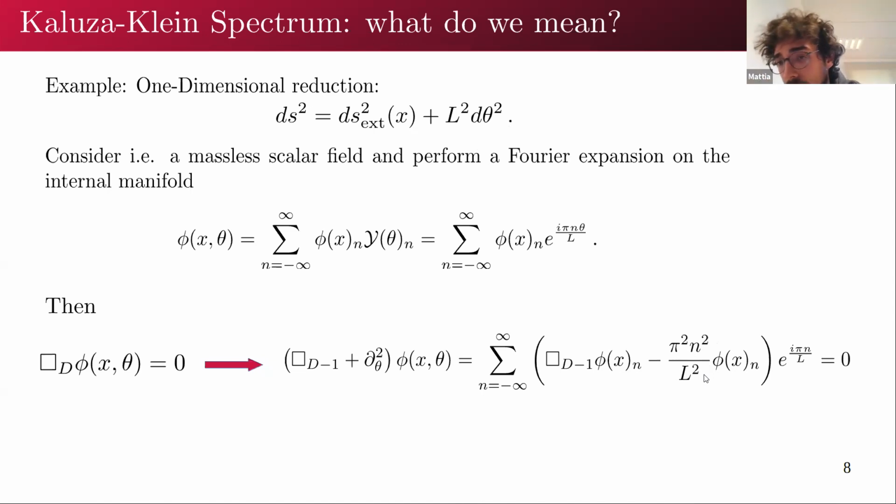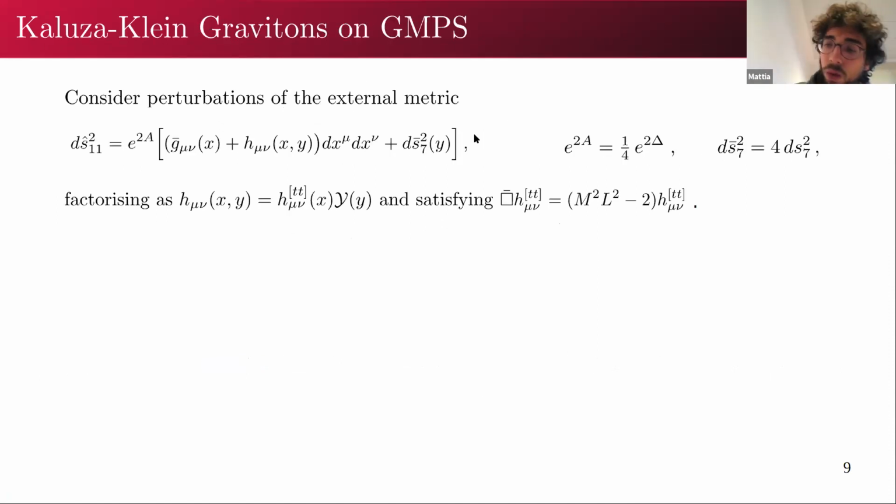But in principle, and that's precisely what we're going to do, one could be interested, for whatever reason, in computing the full tower of Kaluza-Klein spectrum, so to say. So the masses of all these modes, organizing them in Kaluza-Klein levels. That's precisely what we're going to do, but not for scalar fields, but for the graviton instead, and on our generic p=3 framework that we described before, instead of this method. Okay, so let's move on.